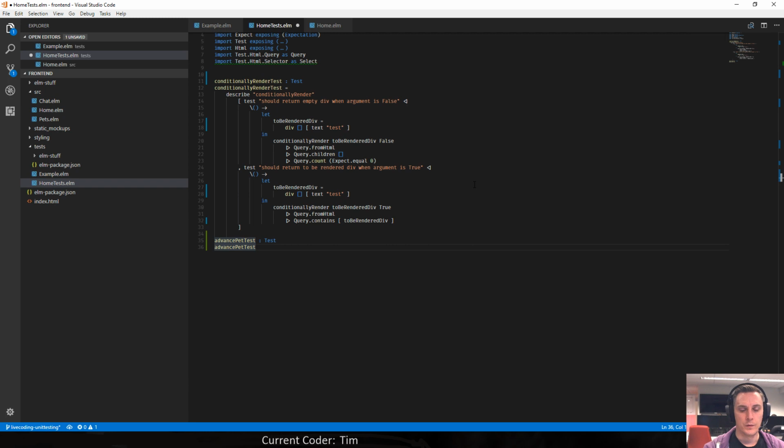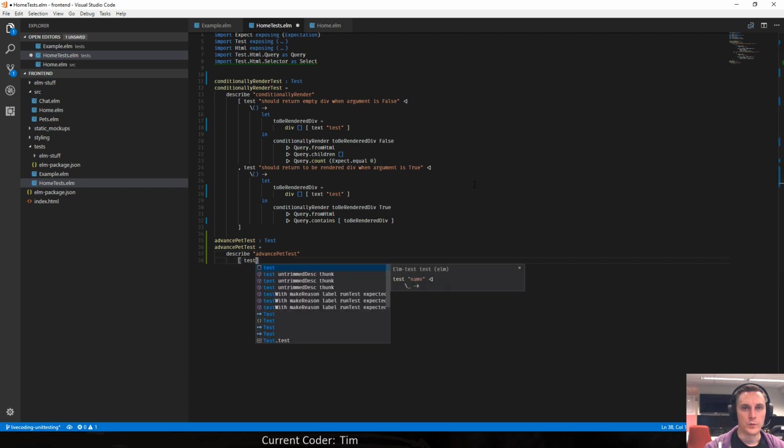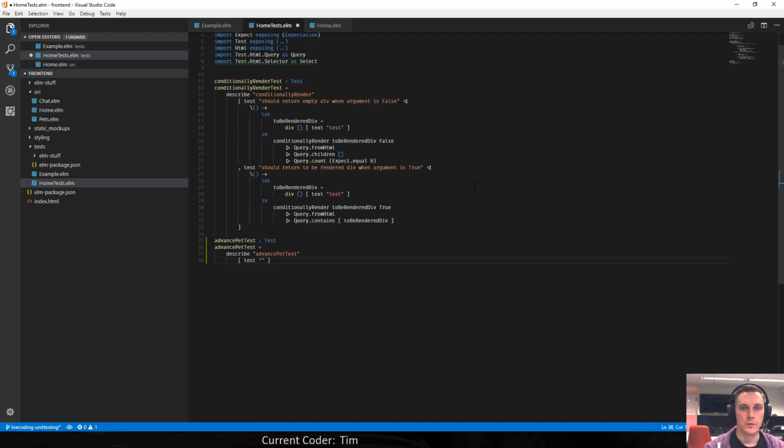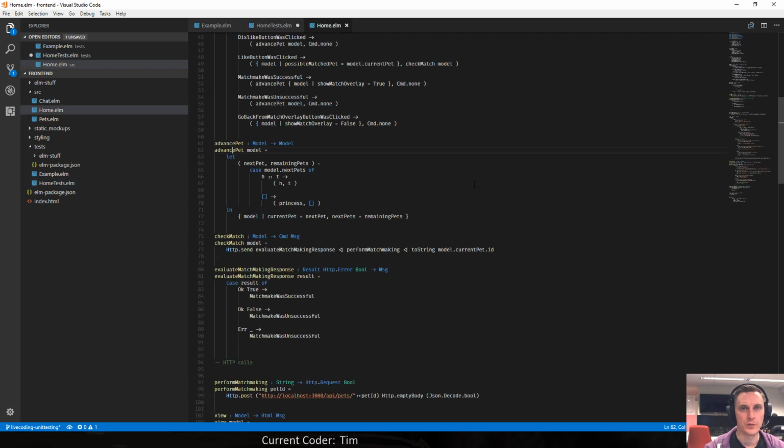And then this is once again a describe of what? Well, of this method. And we want to test that, what do we want to test? Well, that when our model's pets are current, I forget what the name is.